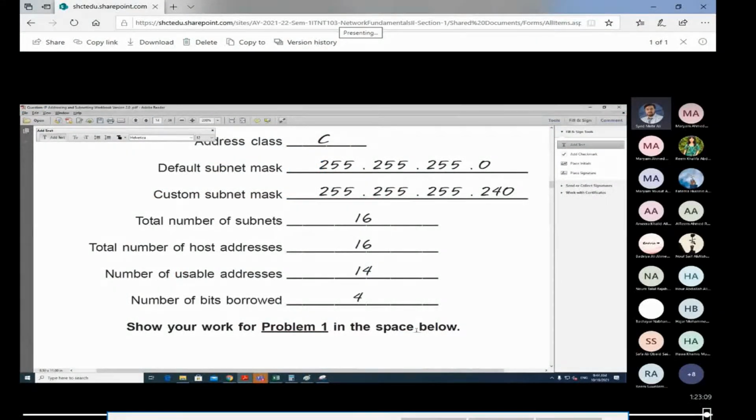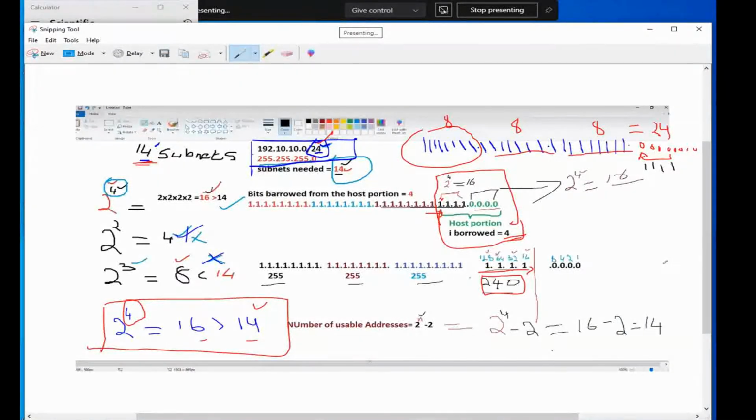This was the problem we needed to solve. Number of subnets needed, 16. This is our customized subnet mask. Total number of host addresses, 16. Number of bits borrowed, you can see we borrowed 4 bits. I hope this is just a revision.